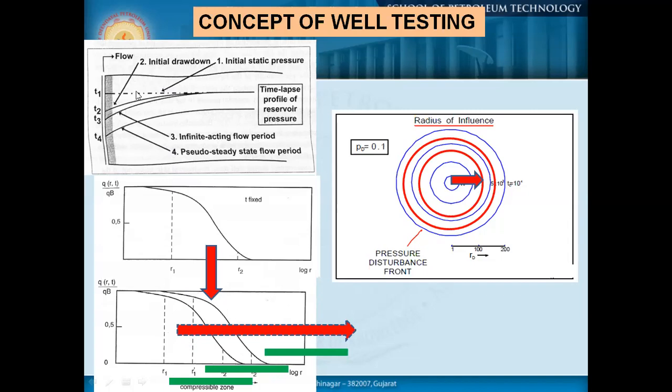As your pressure perturbation is moving away from your wellbore, similarly your compressible zone moves, and that is the information we are trying to gather. So radially, from the center, the pressure pulse is moving away, and when it reaches the boundary, it will give us information also. So the pressure signal is very important for understanding the dynamic property around the wellbore. Okay, so this is the physical concept I tried to convey.